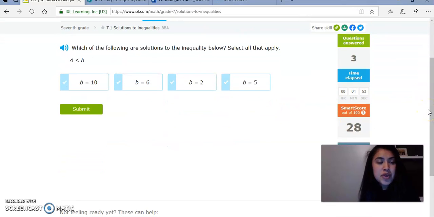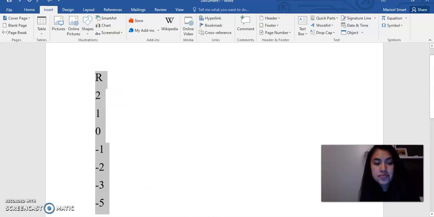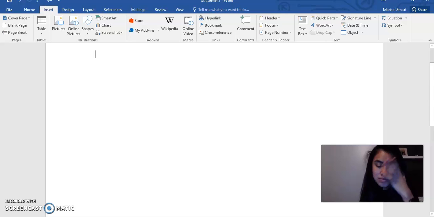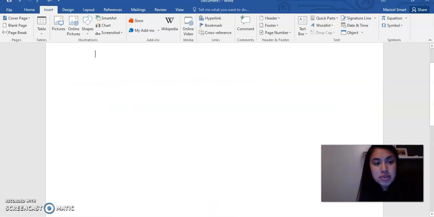Now let's look at the next one. 4 is less than or equal to B. Again, let's start stating numbers. 4 is less than or equal to B, right? So let's look at B now. B is greater than or equal to 4. So we're going to start listing numbers that are